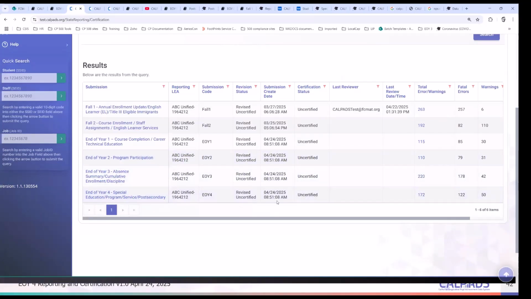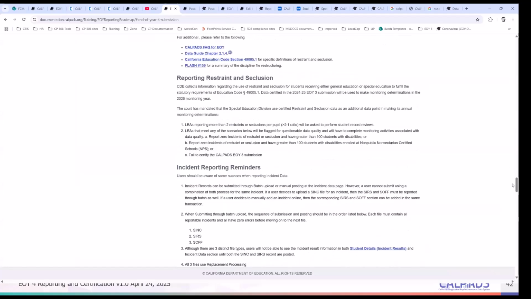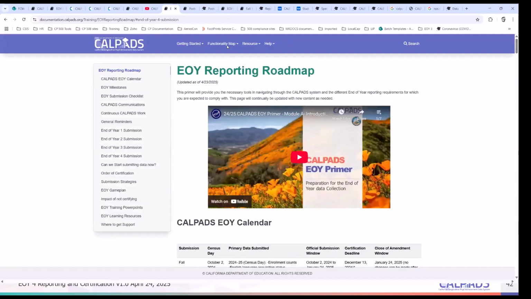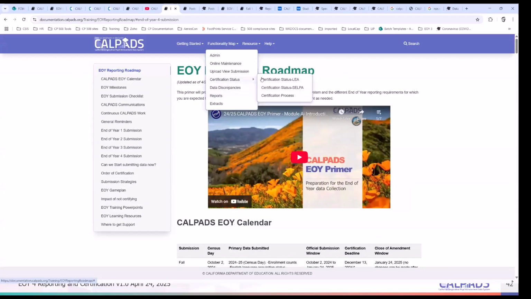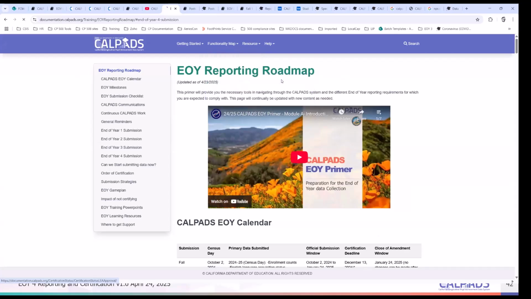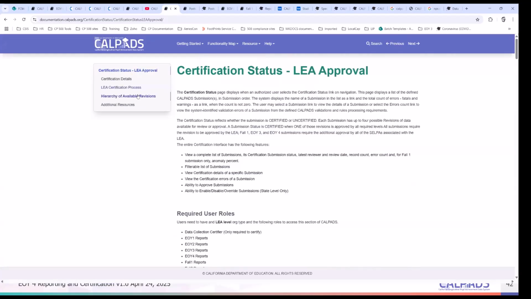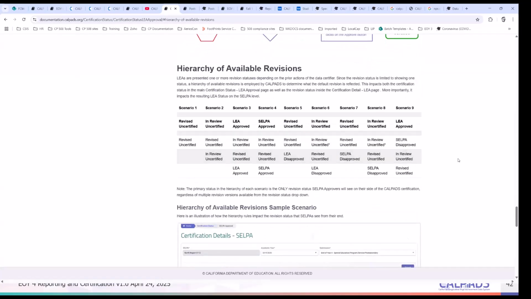You have your revision status, or at least the default revision status that will appear based on what CalPADS selects. If you go to the CalPADS user manual and look for the certification status, there is a hierarchy that you have to be aware of that CalPADS picks depending on the different scenarios that you have.